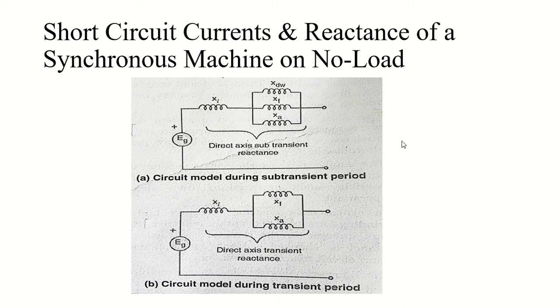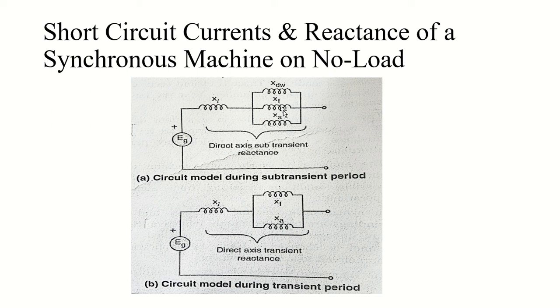And because of that, what is happening, this damper winding current dies out first, so xdw effectively will become open circuited, and after that stage xf will become open circuited, right? First xdw will become open circuited, then xf will become open circuited, and the machine reactance will change